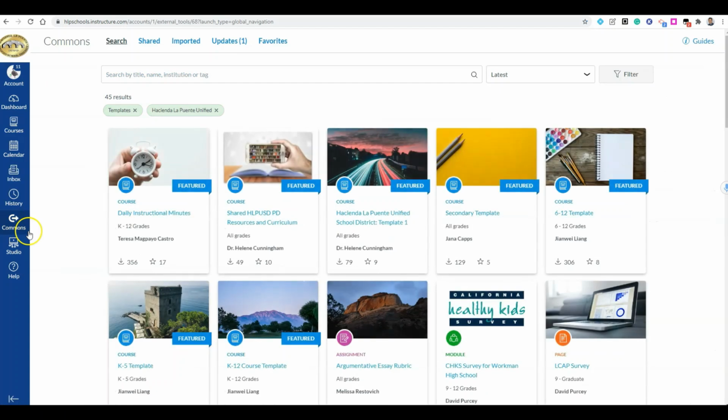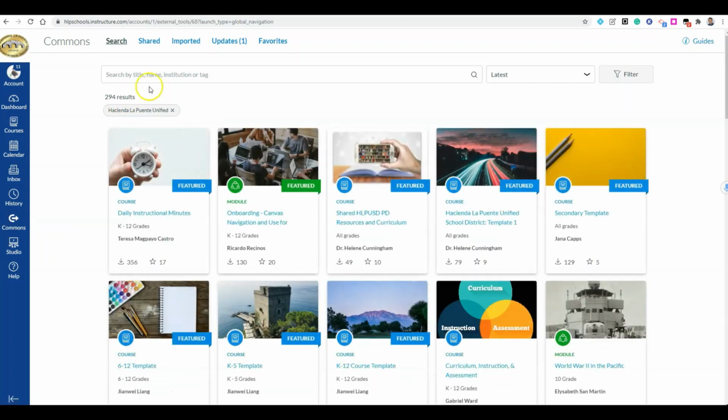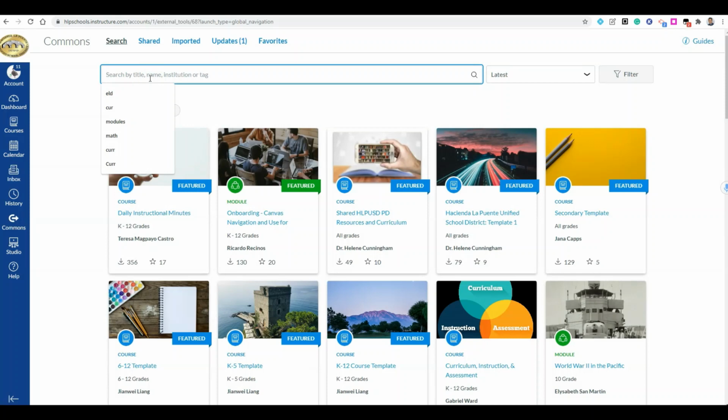First, from Canvas, we can come on over to the Commons icon in the global navigation. Once that loads, we can go ahead and search. Now it defaults to populate all templates as well as items from the district. We're going to go ahead and remove the templates as one of our filters, and we're just going to search